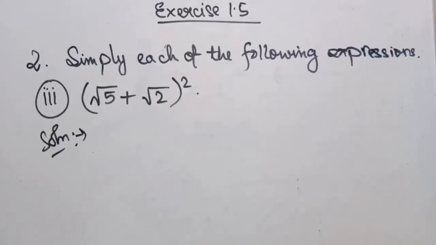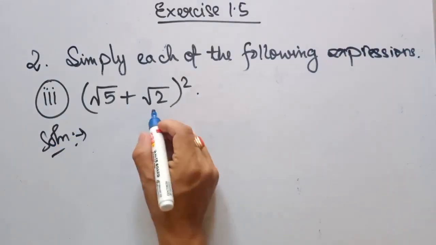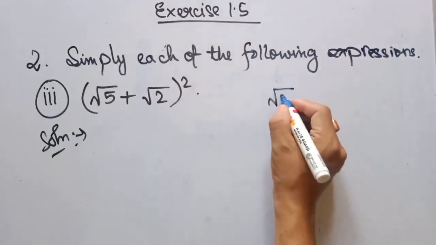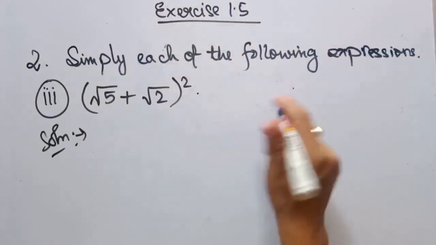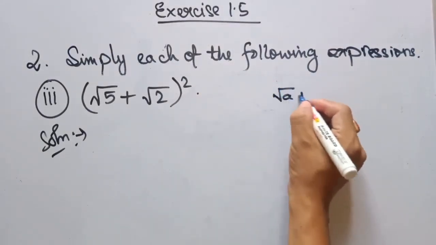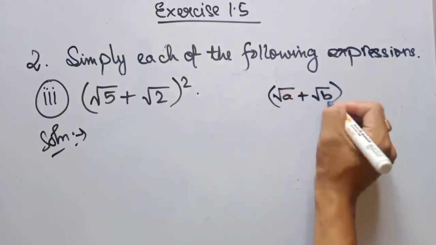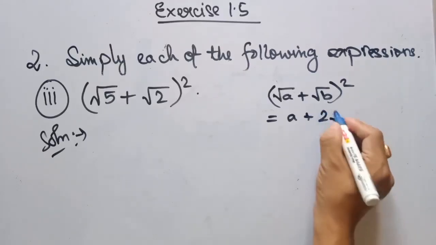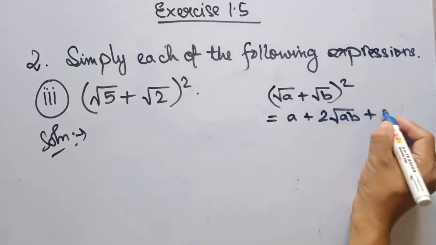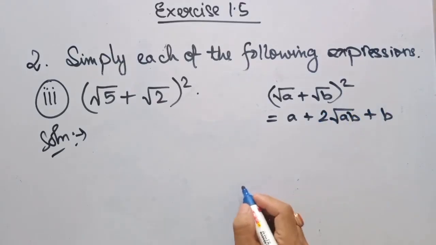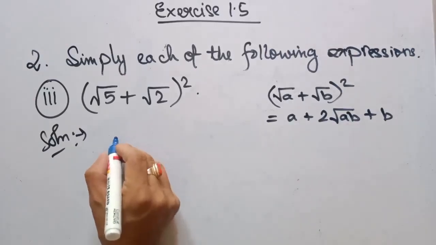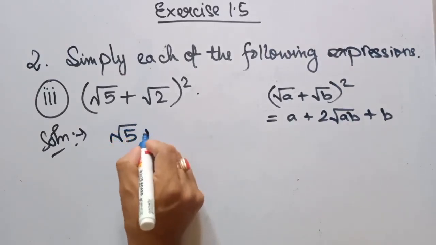Next, exercise 1.5, question number 2, Roman number 3: root 5 plus root 2 whole square. Here we are going to use one of the identities for real numbers, that is, root a plus root b whole square equals a plus twice root ab plus b. In other words, we are going to use the identity a plus b whole square. So root 5 plus root 2